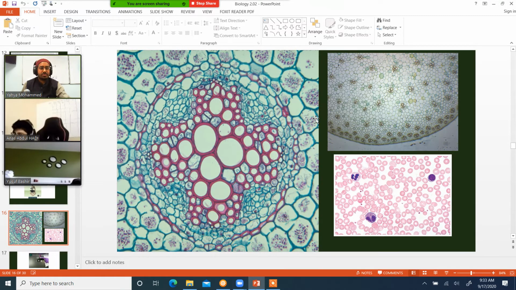So these are just some examples of slides. Now notice this one on the left, this is from a plant. They took a stem and then cut through it. So is this what it really looks like? Fariha, what do you think? If you just immediately cut it into a section and put it on a slide and look at it in the microscope, is it going to look like this on the left, or is there something different about it?